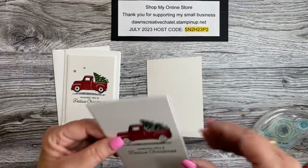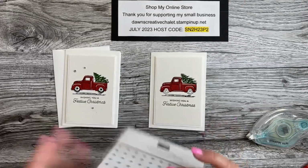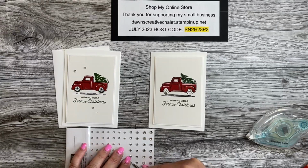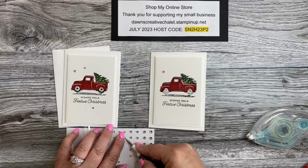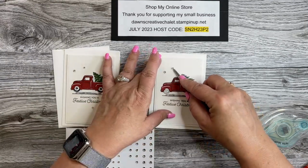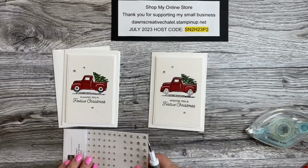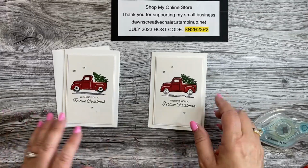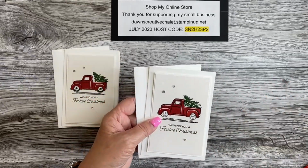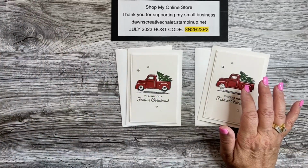Okay, and there we are. Center it on your card. It's looking very cute. And then, of course, can't forget the bling. Let's see, we're going to add one there, and then a smaller one over here. Whoops. Oh, and he's sticking to my finger. There we are. I mean, I don't mind. I'm a blingy kind of girl. Okay, and there we go. And that is project number 2. And here is the envelope that goes along with it. You could go ahead and decorate the envelopes as well. But anyway, that is our 2 projects in the last